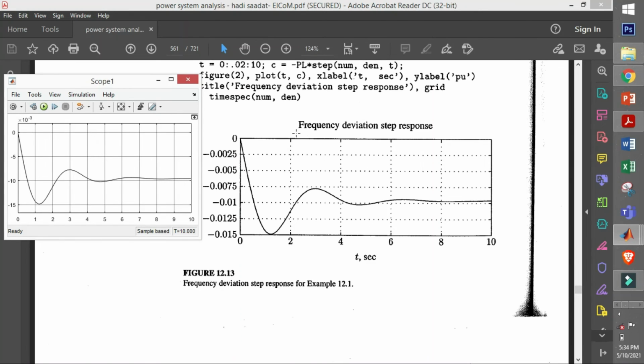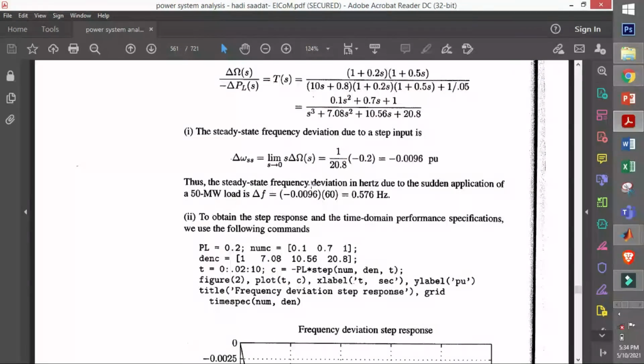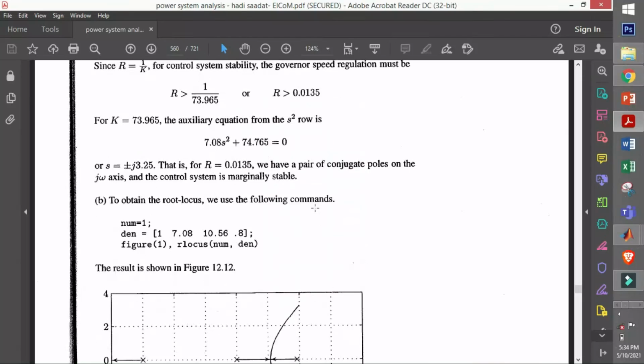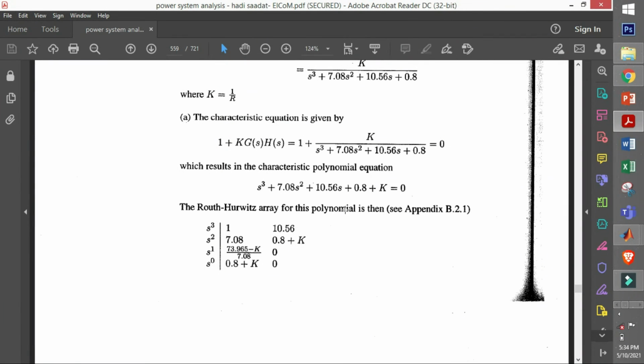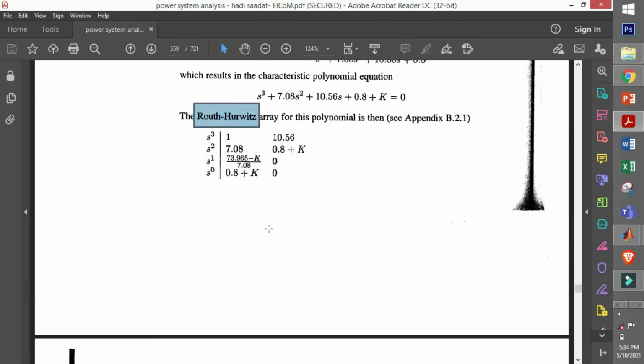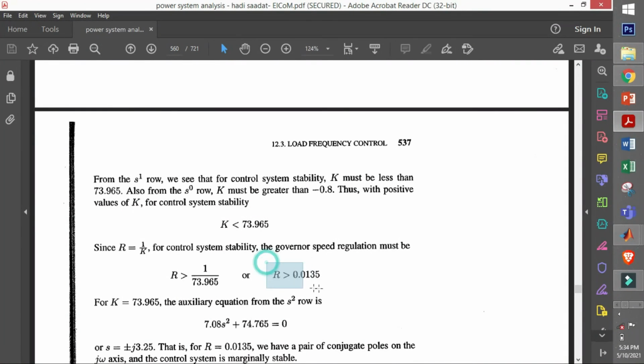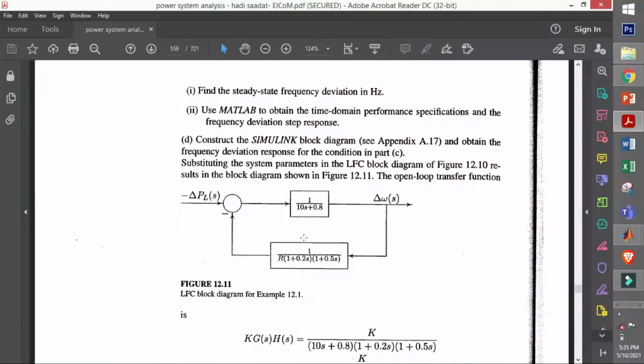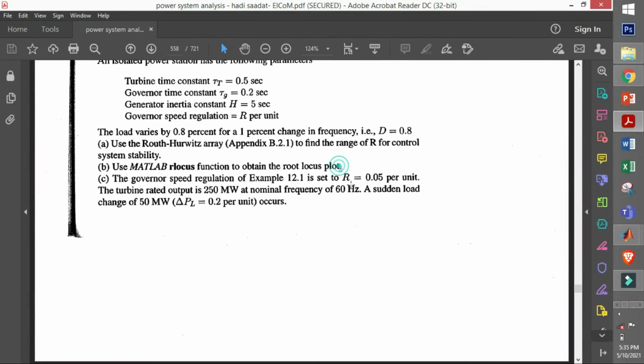So I think you need to go through the complete thing here. Go through this numerical in Saadat's book and try to understand why they are doing the root locus, because we need to find the range of R. Here we found the range of R as 0.0135 to 0.065, so we took R equals 0.05. We can take other values of R also, and the answer will vary accordingly, but in this numerical they have taken R equals 0.05. So we are taking that here.